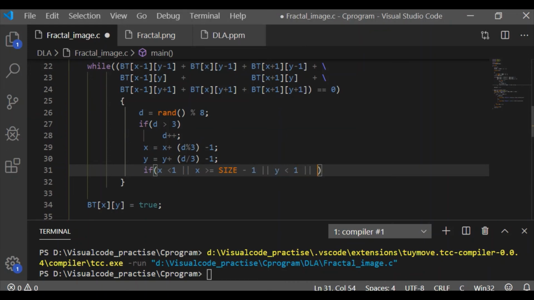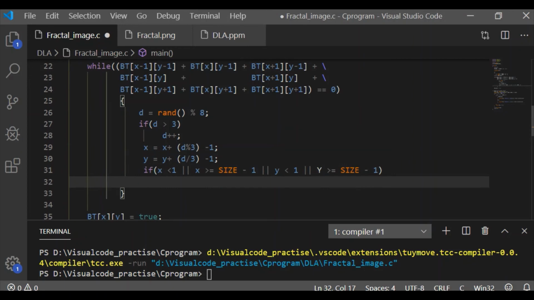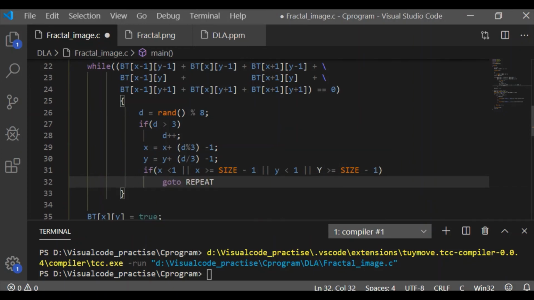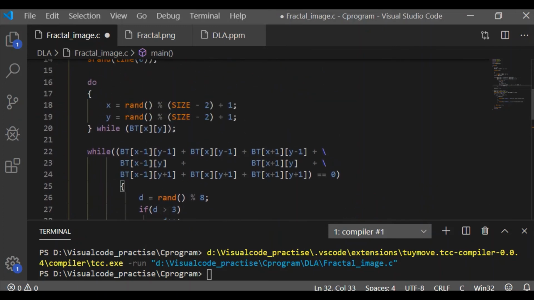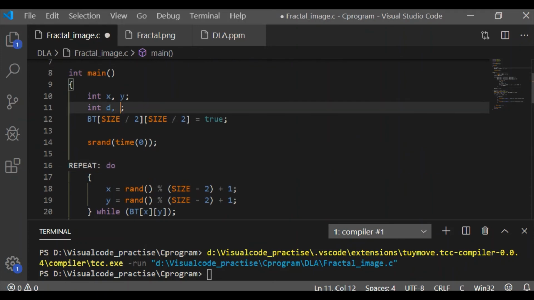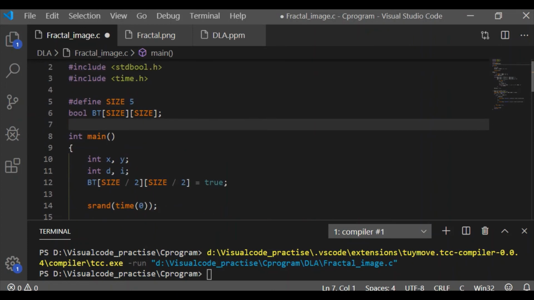If at all the randomly moved x, y position is outside the boundaries, we shall leave this and then take a new random position for x and y. So let me label the do while loop to get a new position for x and y as repeat.